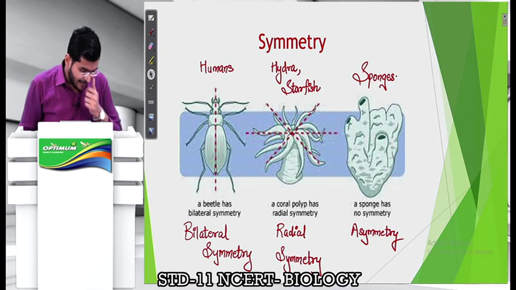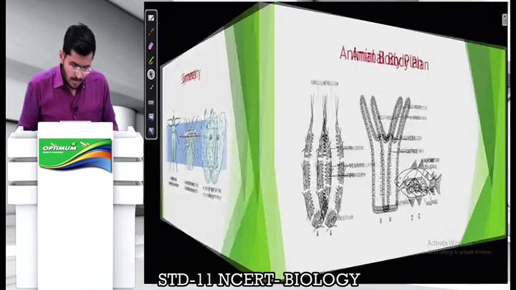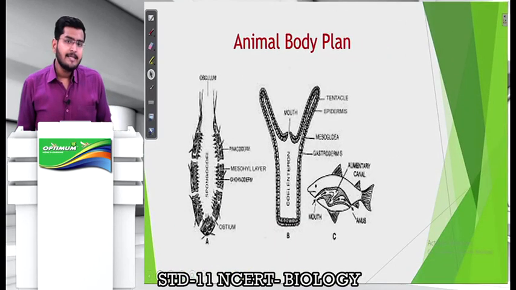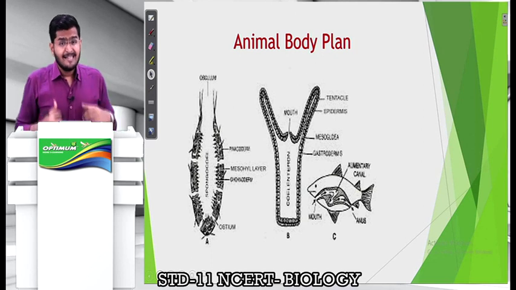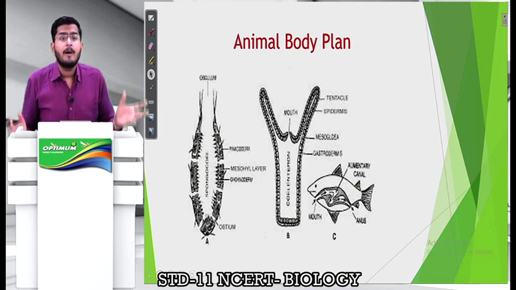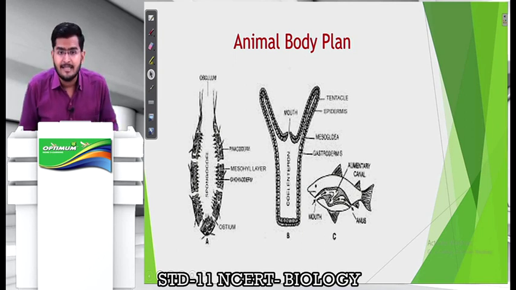Let us discuss the next criteria for classification of animals. So the next criteria is animal body plan. Let me tell you that in some organisms, cells are going to be present individually. They carry out all processes individually, but they are not going to be responsible for bringing about functions together. Okay, they are going to be present individually there as single cells there.